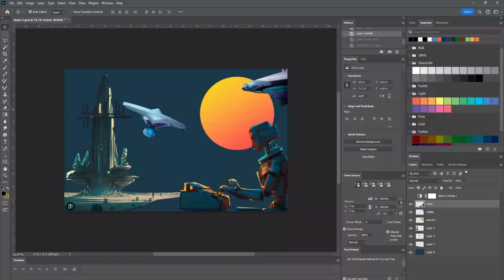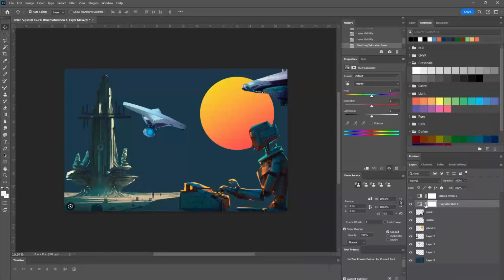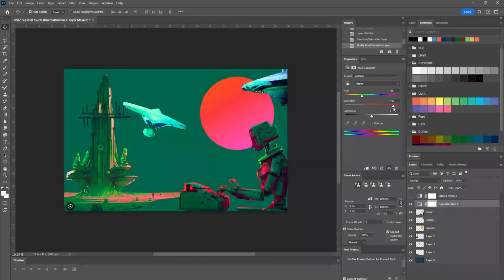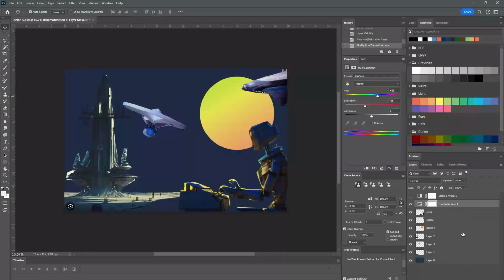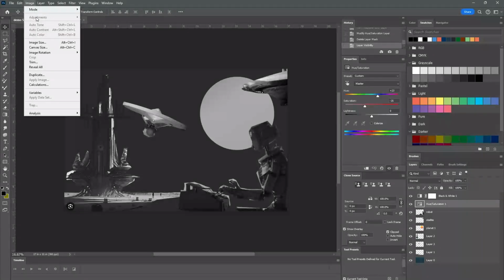For example, I can go in and go to hue and saturation, and I can change the whole thing and it is impacting my whole work. But then I can go in and delete that layer itself, and it goes back to what it was before. So this is the difference with adjustment layer. So all the things that you see in image and adjustment,